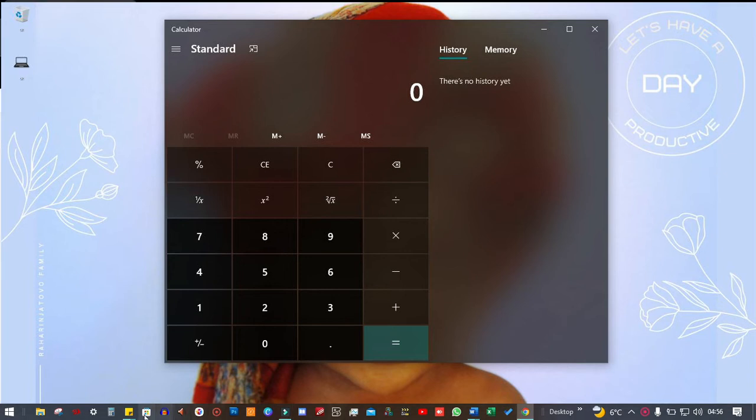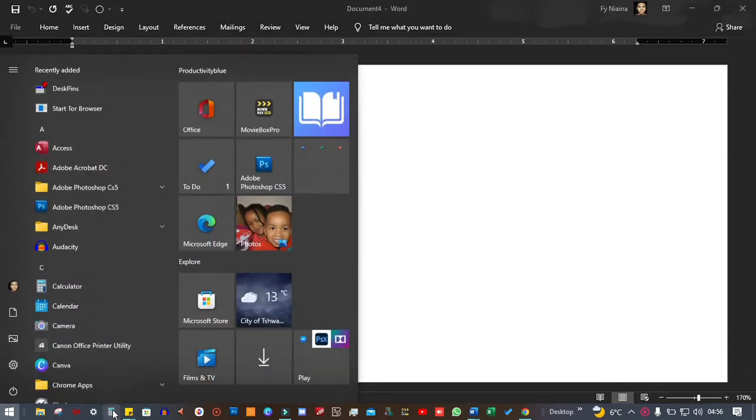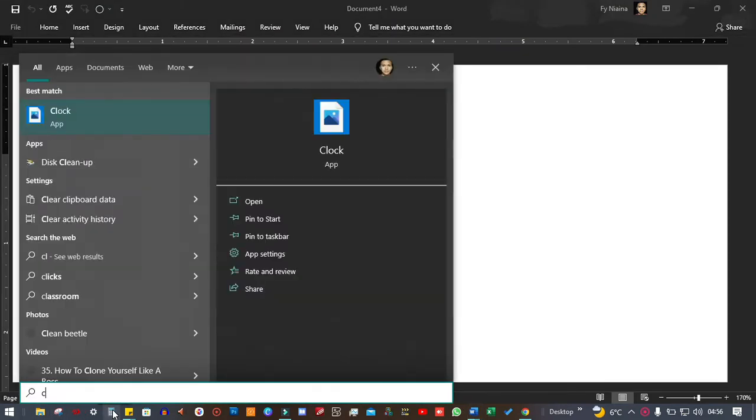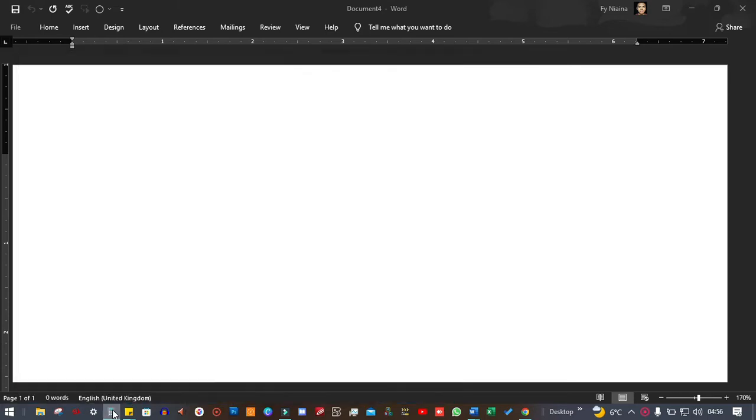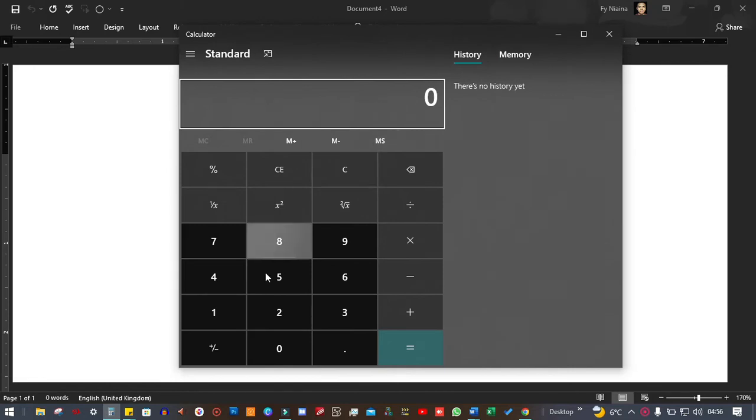One Microsoft update that I think is underrated is the Calculator app. You can find it by simply pressing your Windows key and typing in calculator. It'll pop up, you press enter and it'll launch the app. Now at first glance you get what looks like the old calculator but with a much cleaner look and very